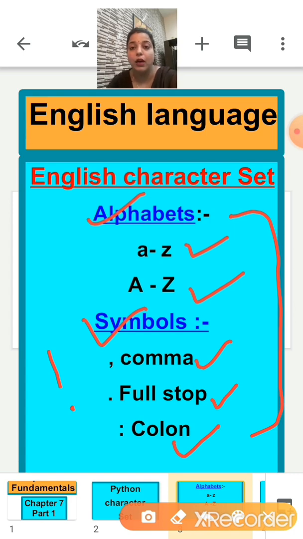Groups of words together form a sentence. Again I am repeating: a group of alphabets forms a word, a group of words forms a sentence, and a group of sentences forms a paragraph.